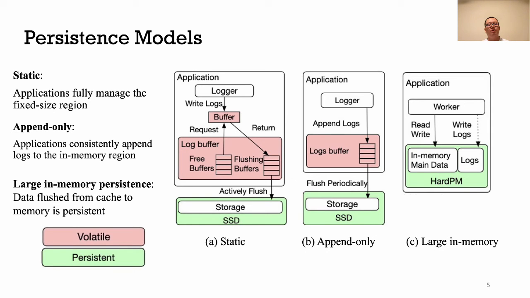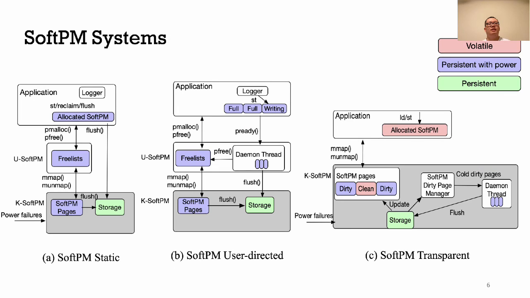In the persistency model investigation, we identify three main persistency models: the static, append-only, and the large in-memory persistency. The first two models are mostly used in the existing in-memory database systems, and the last one is the assumption used in most hard PMM evaluations. And to support these three models, we design three sets of SoftPM systems, which are SoftPM static, user-directed, and transparent, which provide the underlying implementation to let the application use the SoftPM